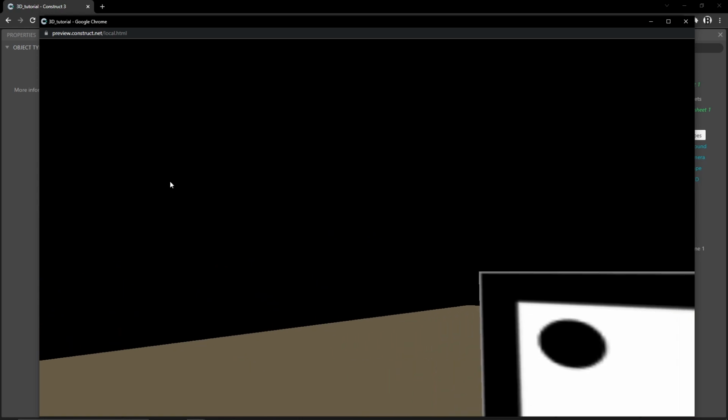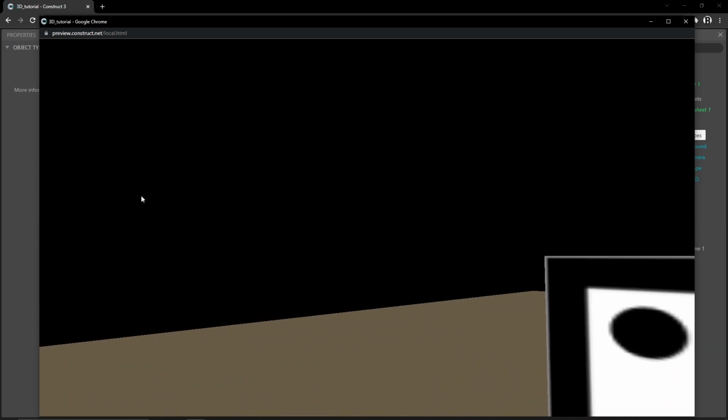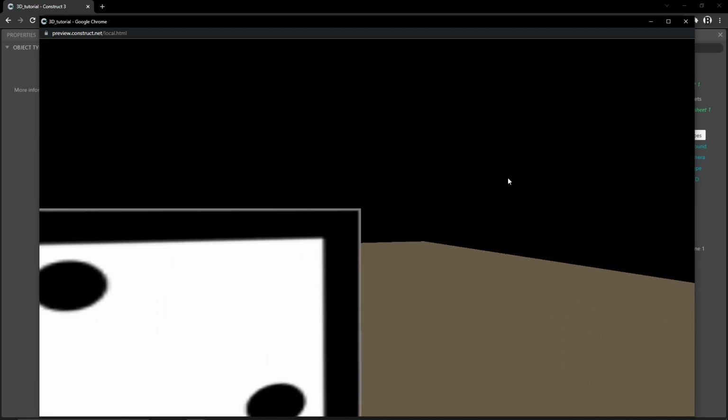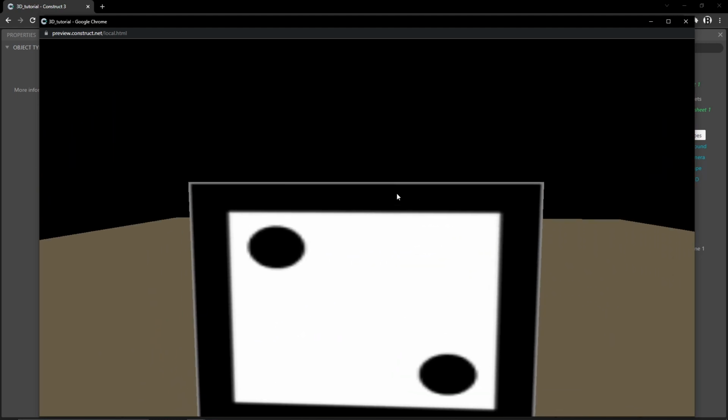Now there is another issue. You see my mouse cursor on screen. If I rotate this way, once I go off screen, the screen stops moving, and I come back on, it moves again, I go off screen, and it stops moving. So there is a way to get infinite movement from our mouse. So let's